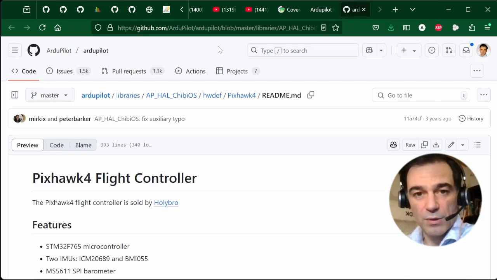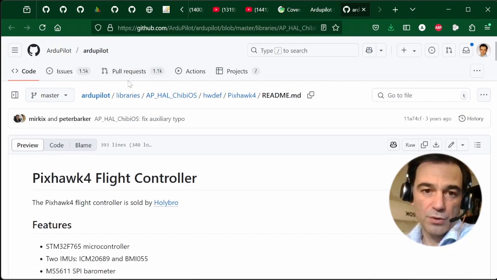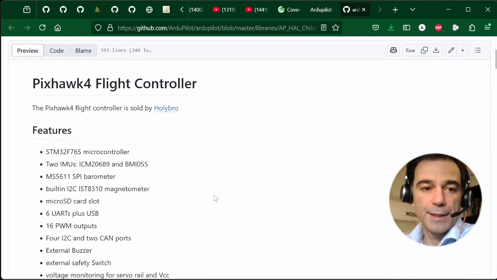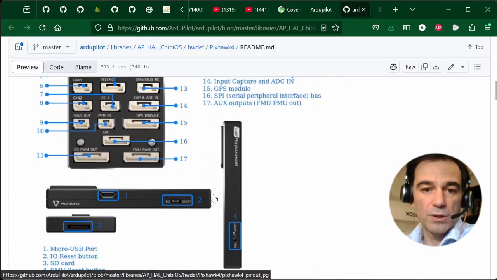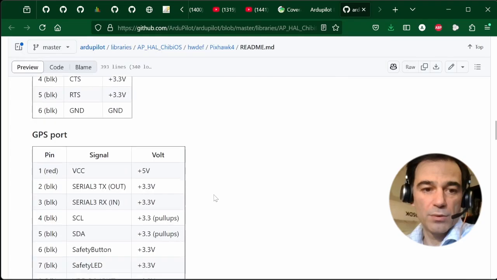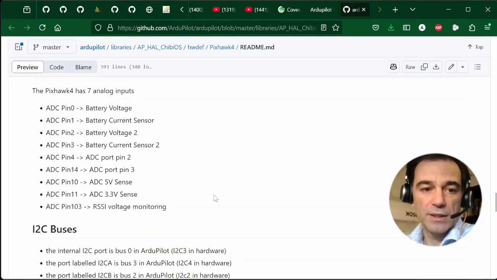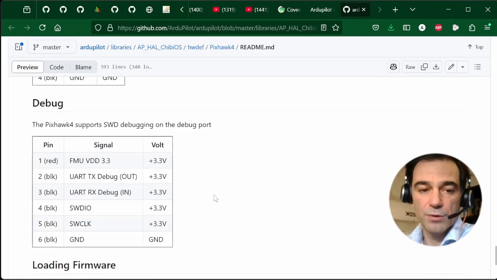If the software is connected to your flight controller and that flight controller has documentation, then that documentation will automatically open in your browser in the background. In this case, I connected the PICSOC 4, so that's the page that we are seeing right now. And you can see all the information about that flight controller that's available to autopilot users.